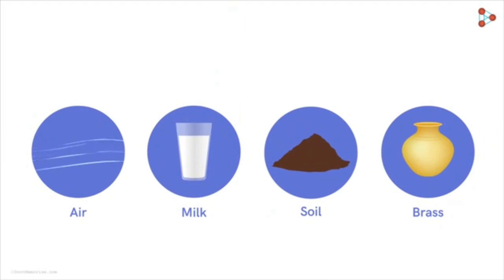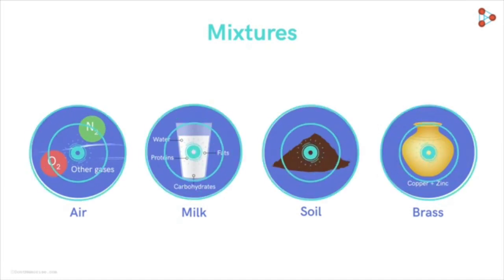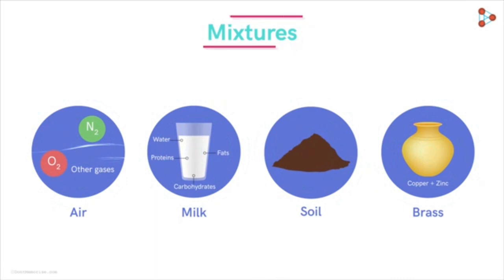What do air, milk, soil and brass have in common? Didn't get it? They are all mixtures. Air is a mixture of nitrogen, oxygen and many other gases. Milk is a mixture of water, fats, proteins like casein and carbohydrates like lactose and so on. Similarly, soil is a mixture of many things, and brass is a mixture, or more specifically, an alloy of copper and zinc. Most of the substances that we come across in our daily life are mixtures of two or more